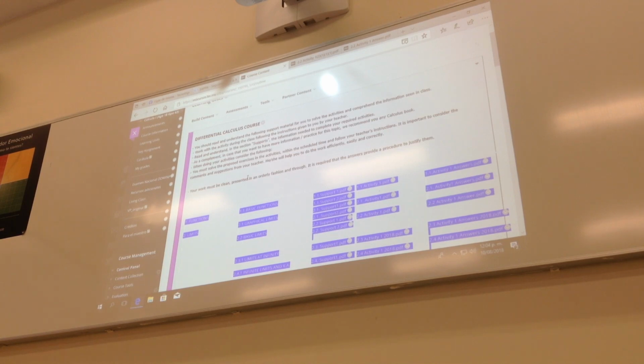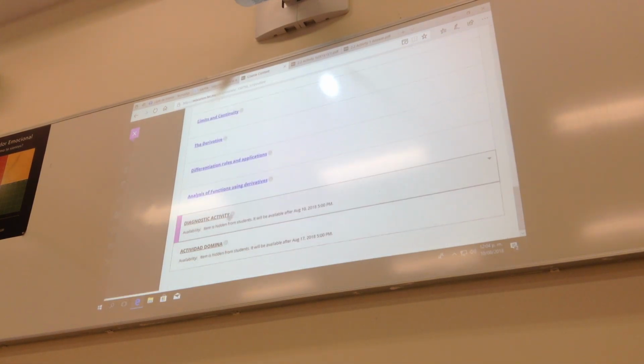Fine. If you remember, I told you Monday that this weekend you have an activity to do on Blackboard, right? What is the activity? The activity is going to be in learning units, where the activities start at the very bottom of the page, where it says diagnostic activities. It's this one. For this activity, it will be available from today at 5 all the way until Sunday at 11:59.